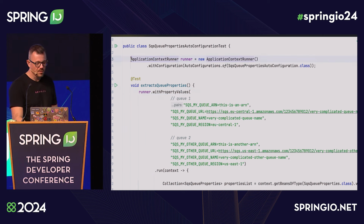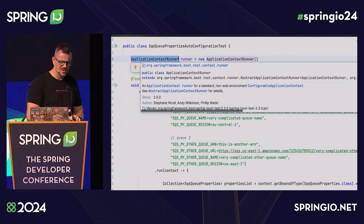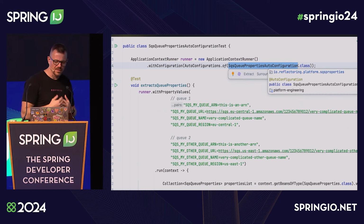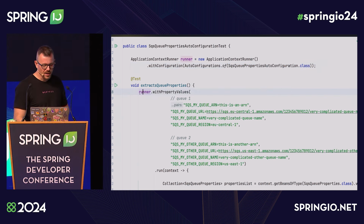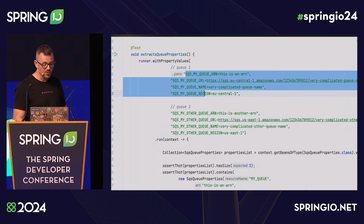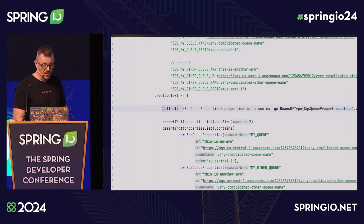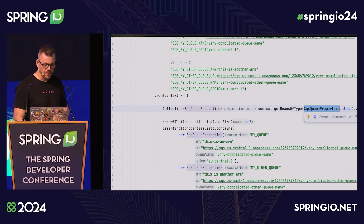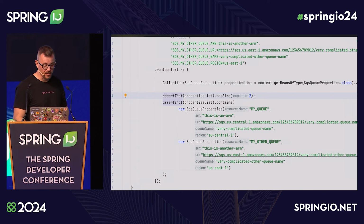This is a very helpful tool for testing auto configurations and configurations in general. The application context runner: you can create an application context runner, and you can tell it, please use these auto configurations, in this case only the one I just showed. And then in the test, we can run this application context runner with certain properties. In this case, I, for example, injected environment variables for 2 different queues. And then I get the application context, and then I get all beans of the SQS queue properties type. And then I can do assertions on those, and I can assert that I have 2 beans of type SQS queue properties